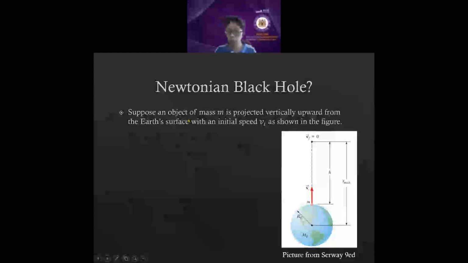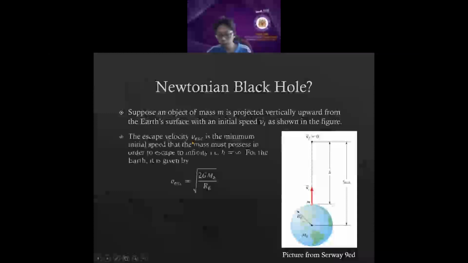So right now think about Newtonian physics. So suppose that we have an object of mass m that we project vertically upward towards the sky, with an initial speed vi. So this is perhaps something that you have encountered in mechanics. Then the escape velocity,